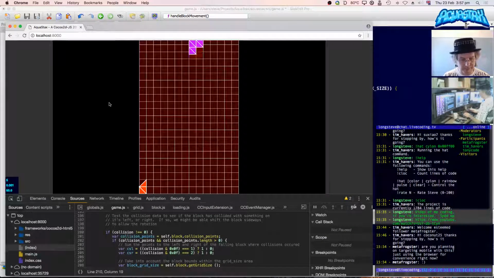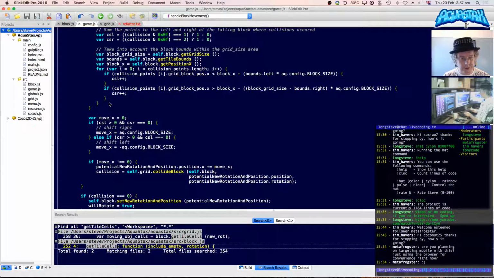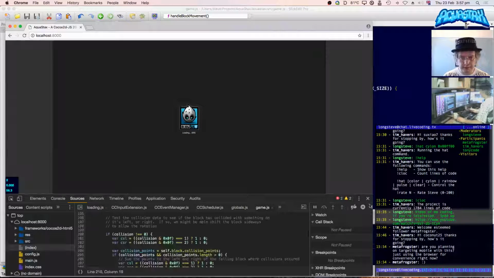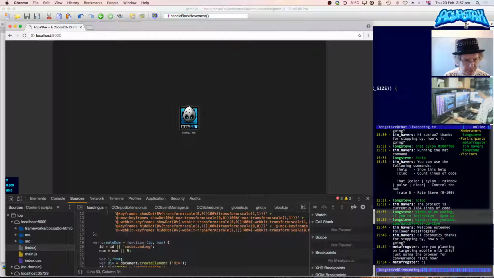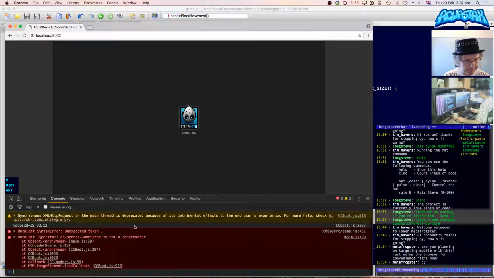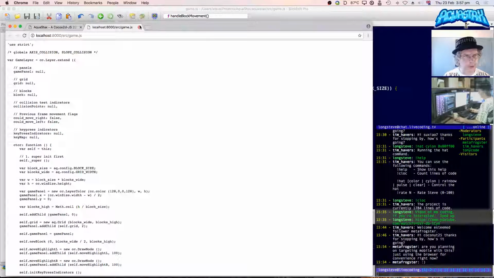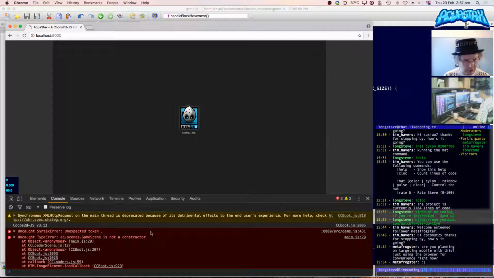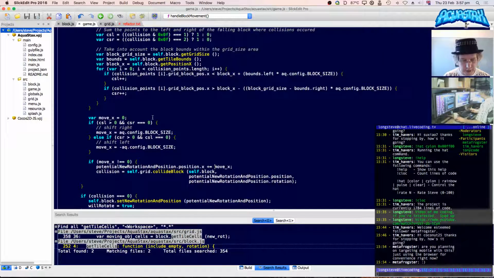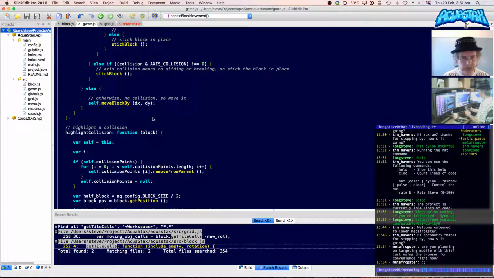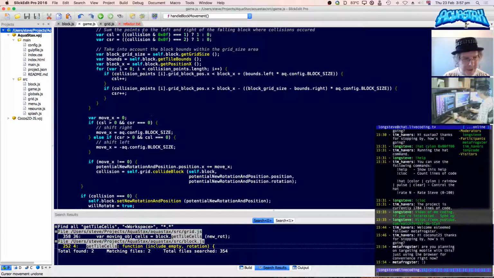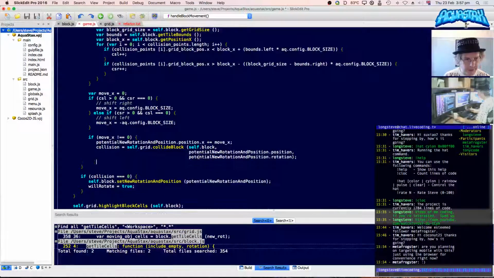Save first. I broke it. Just deleting that bracket arbitrarily is probably a bad thing. Unexpected token, comma. Oh, why does it do that? Comma line 431. Yeah, shouldn't have deleted that bracket arbitrarily. What did I miss? It was that one, wasn't it? There it is.